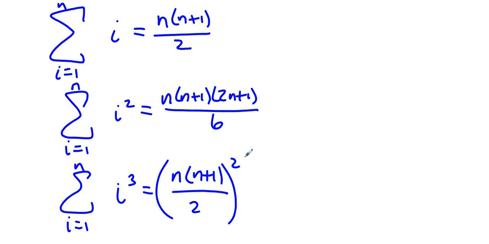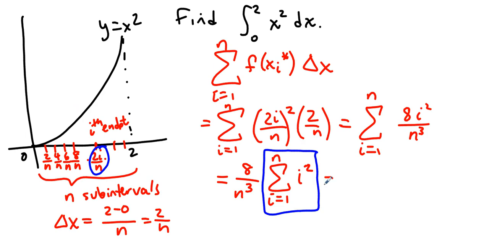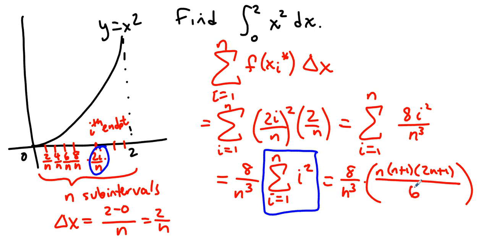So in this case, we lean on this formula and we make that substitution. So this is 8 over n cubed times n plus 1, 2n plus 1 over 6. So what does that mean? We should pause for a moment and see what that means. That means that if we break this interval into n subintervals, this will be the area